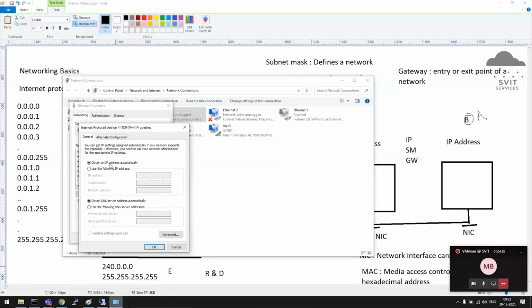Any IP capable device will have two types of IP configuration: dynamic or static, which is automatic or manual. When you say obtain IP address automatically, that is dynamic. It gets the IP address from the DHCP server in that network. We will discuss that topic later during advanced topics. The second one is manual, static. Manually we need to enter the IP, subnet mask and gateway, which will be provided by your network team. Fine. Windows machine, this is the way. Either a virtual machine, physical server, Windows server or Windows client OS, whatever it may be, the same procedure.